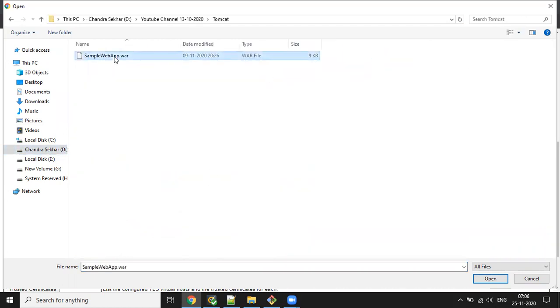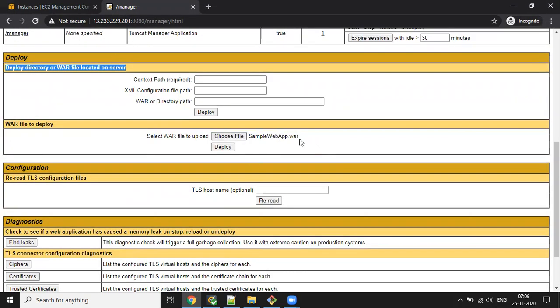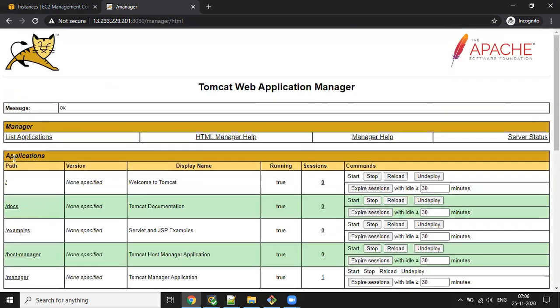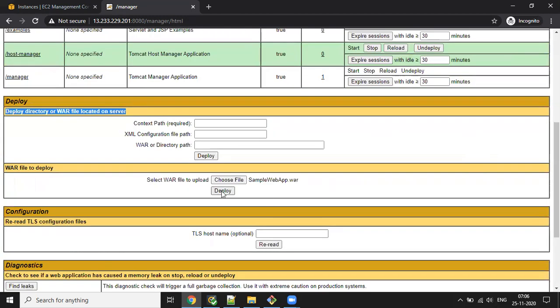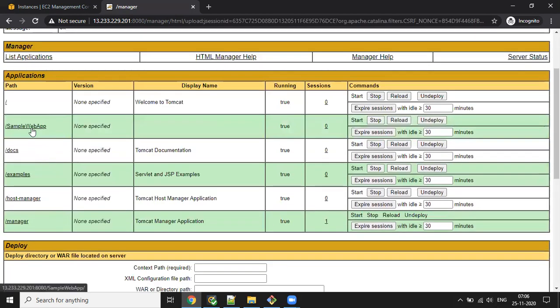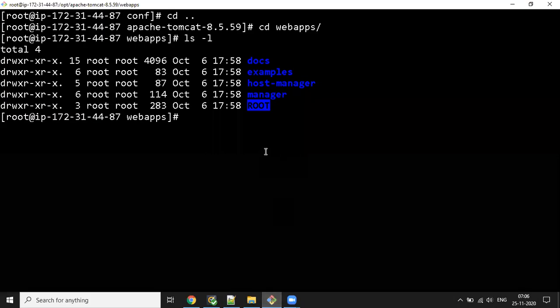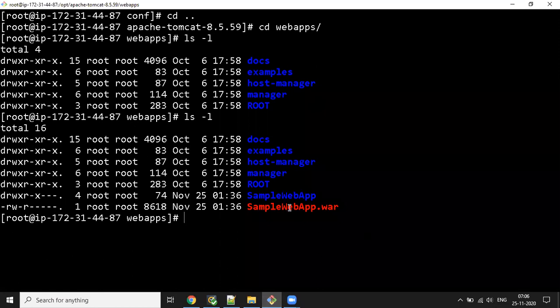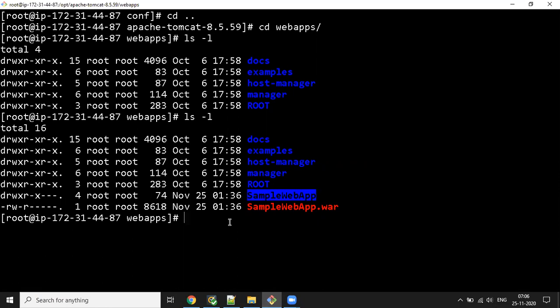See, this is my WAR file, sample web app.war. I'm going to select this. Right now there are only five applications. Once I deploy this, it will show here as sample web app. You can also check on your server with ls -l. See, the sample web app WAR file is there, and this is the extracted directory of that WAR file.